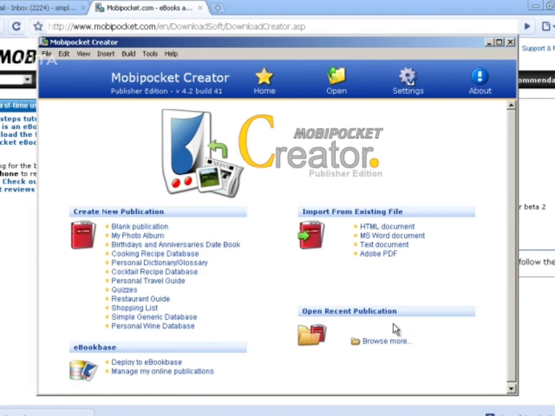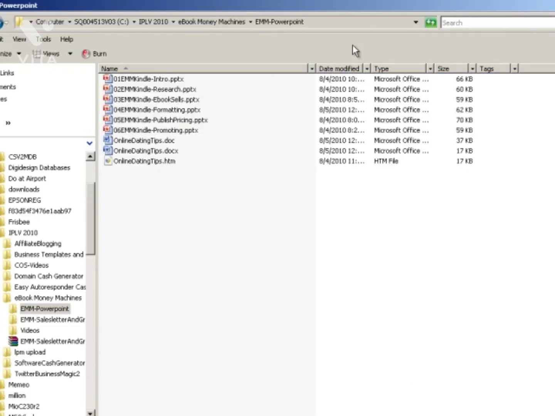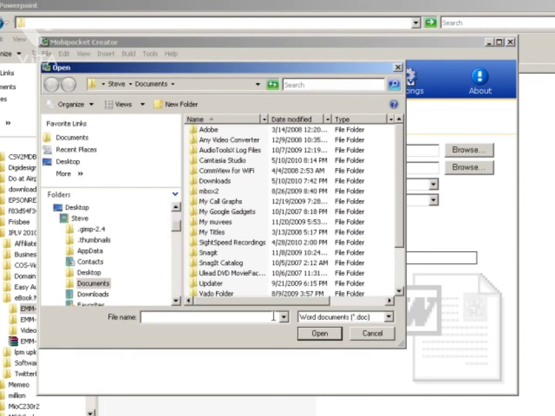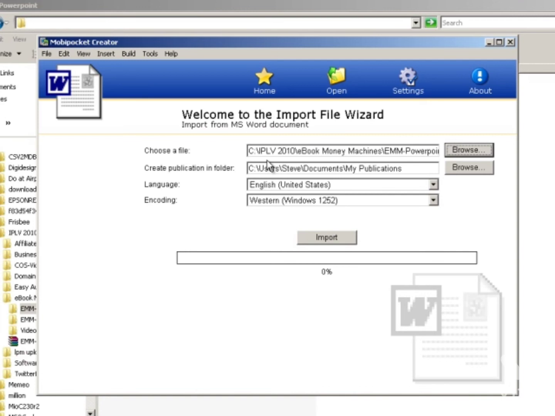Okay, so I successfully installed the Mobi Pocket Creator, and what I want to do is, it says import from existing file. Now I have an MS Word document, so I want to browse to find that file. So I'm going to go here, click on browse, find the file, and then it says create publication in this folder.